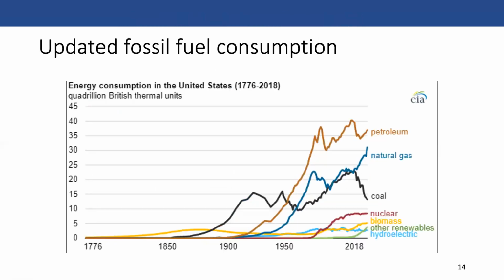So this slide is a more updated consumption figure, and okay, it's not quite the same because the last one is globally, whereas this one is specific to the United States. But one of the big trends that you'll notice is that where natural gas and coal were pretty close with each other over the last decade or so, natural gas has sort of shot up, and coal has decreased quite a bit.